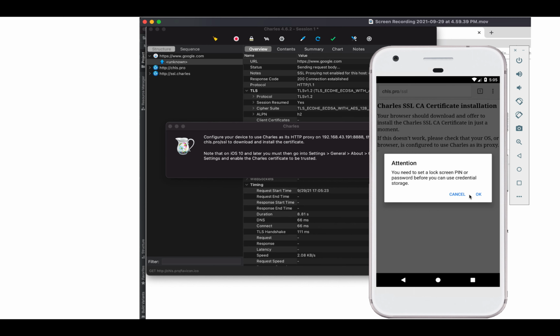If you have not set up any pin or lock screen in your phone or emulator, then we need to set it up, because that is mandatory for certificate installation.